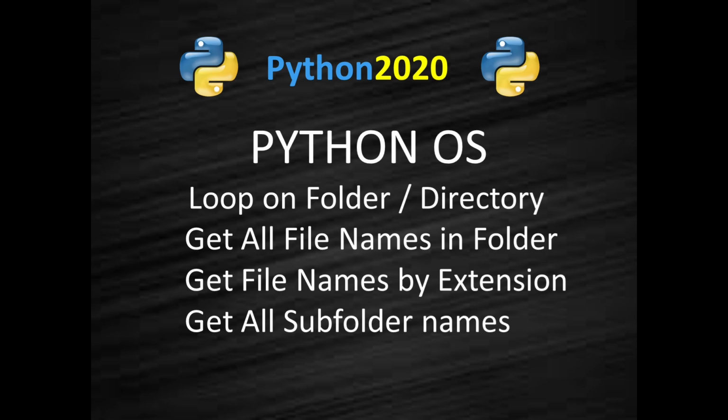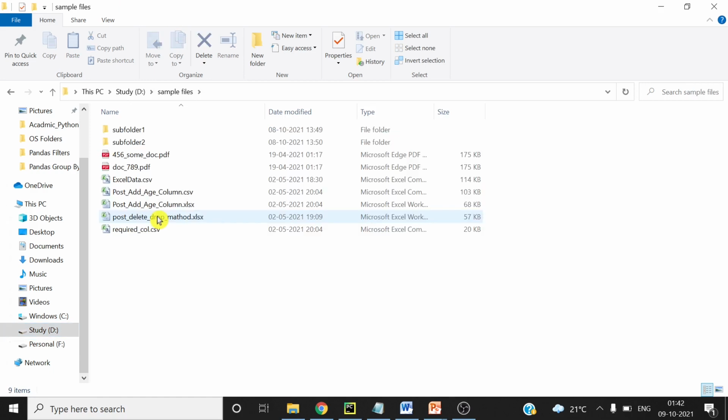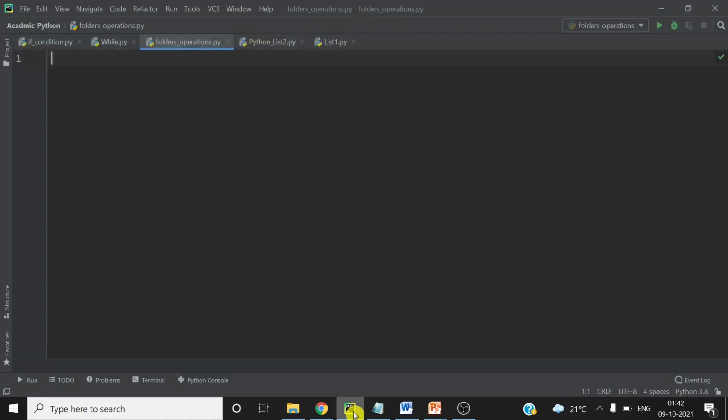So let's start. First of all, I would like to show you the folder. In my D drive I have one folder, and the folder name is this, and I have CSV files, PDF files, and Excel files here. All right. Now I will go to my PyCharm. If you are not aware how to install PyCharm or how to add libraries to PyCharm, there are videos number 2 and 3 on my YouTube channel. And if you want to write the same code in Jupyter Notebook, you can watch video number 8.7 on my YouTube channel.